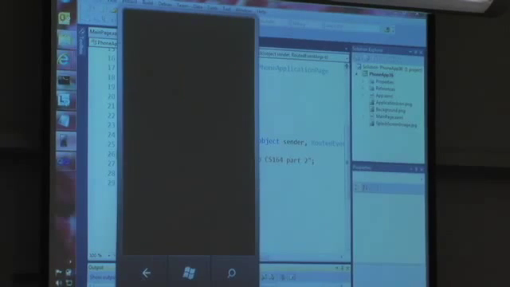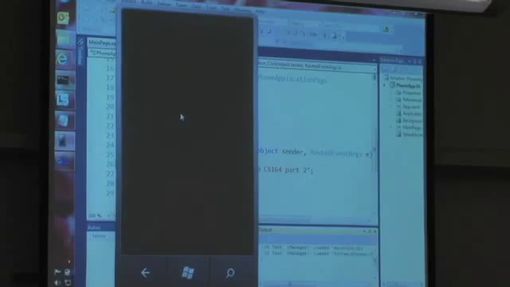Okay, deploying application. If you see this on the bottom left, and